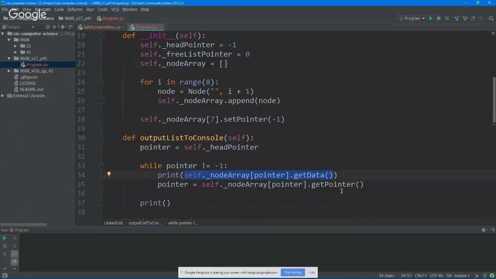we print that. And then we set pointer to the next address. The next pointer will point to the next node. To do that, you get the current node and call getPointer. That will be the pointer of the next node. That might be empty, might be the null pointer or not. So basically, we iterate through the list until we reach the end of the list, which will be pointed to null. And